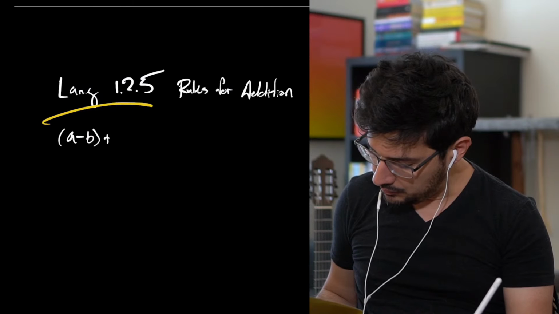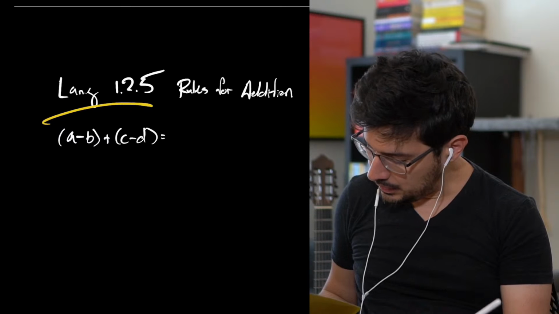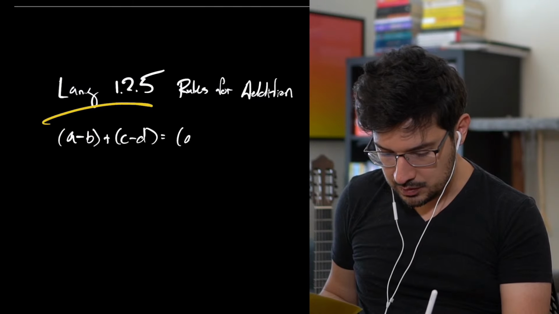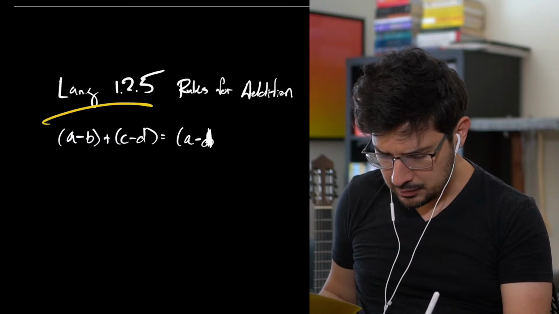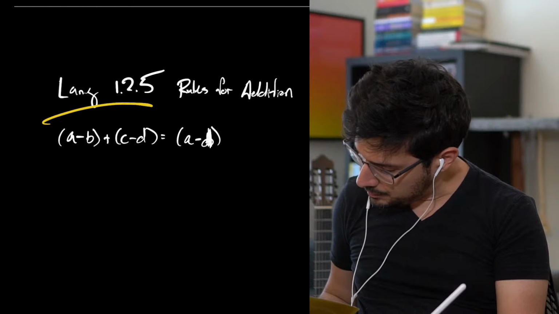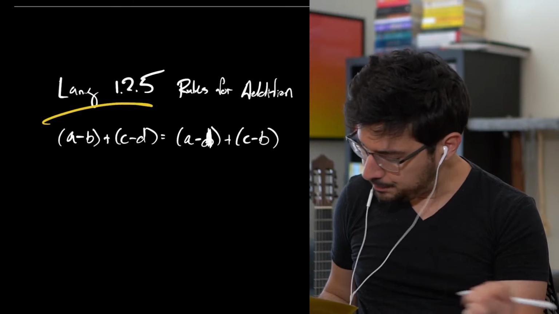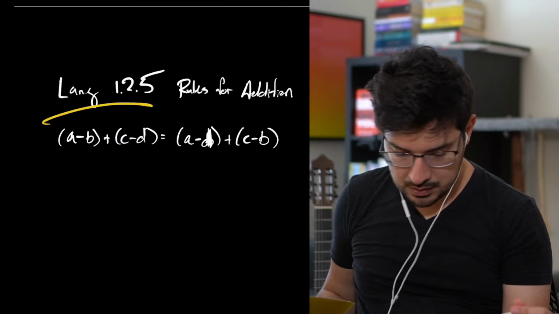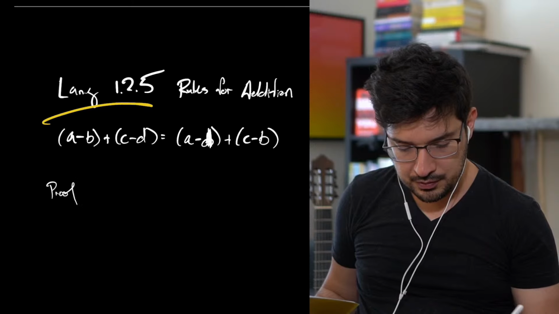quantity plus (c minus d) equals, we want to show that this equals a minus d plus c minus b. Okay, so to prove this,